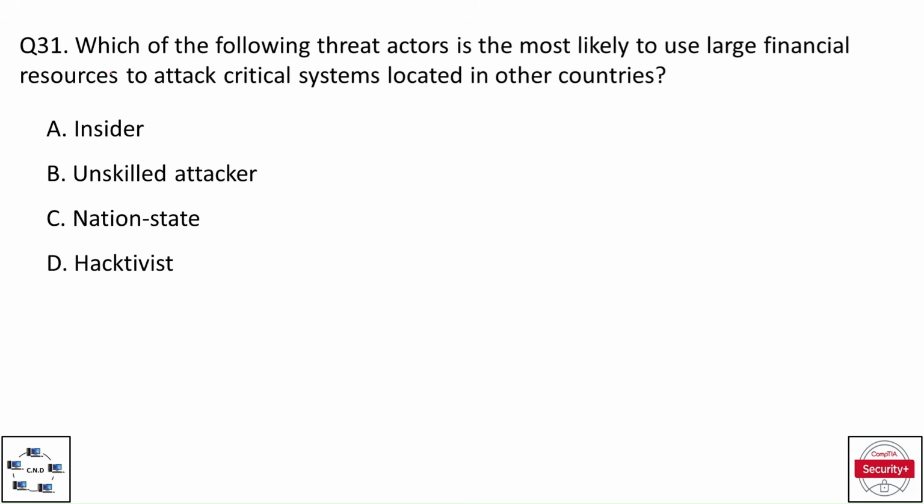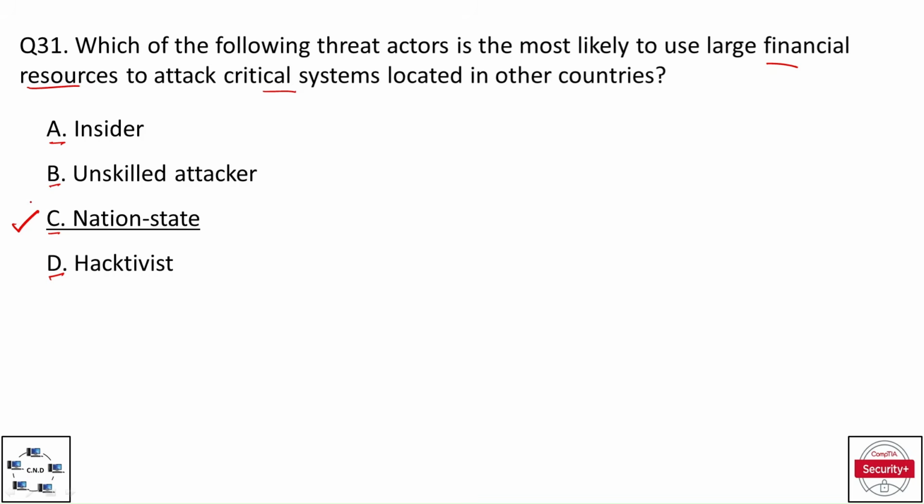Question number 31. Which of the following threat actors is the most likely to use large financial resources to attack critical systems located in other countries? And the options are option A, insider, option B, unskilled attacker, option C, nation state, and option D, activist. And the correct option is